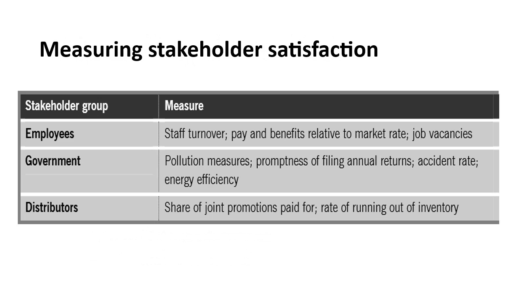Measuring stakeholder satisfaction. We have already considered ways in which stakeholders may be classified and given some instances of their probable interests. Measuring the success the organization achieves in satisfying stakeholder interests is likely to be difficult, since many of their expectations relate to qualitative rather than quantitative matters. It is, for example, difficult to measure good corporate citizenship. On the other hand, some of the more important stakeholder groups do have fairly specific interests, the satisfaction of which should be fairly amenable to measurement. Here are some examples of possible measures.